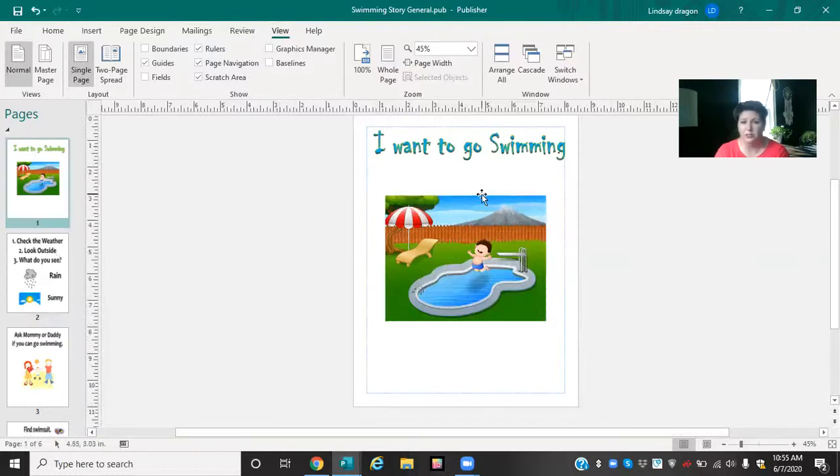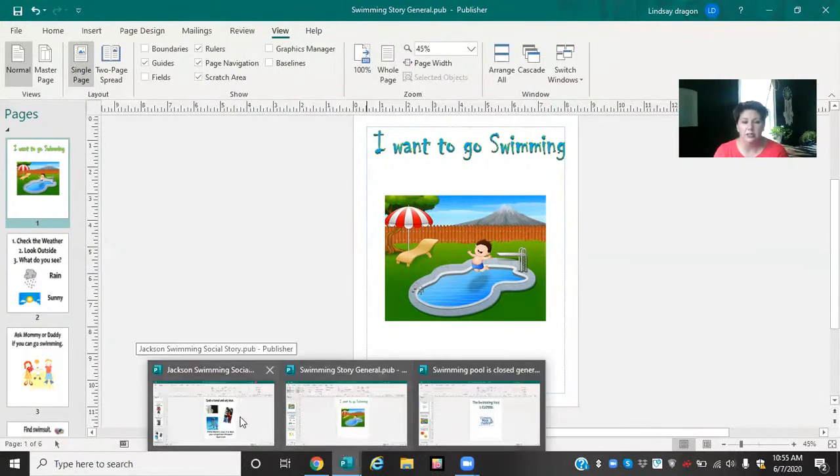Okay. So we did a social story on I want to go swimming, but that's just one of several issues that we could tackle with swimming in particular. So with I want to go swimming, there's the opposite. The pool is closed. You can't go swimming today. So whether it's your own pool, say you needed to treat it with chemicals or it has to get a liner replaced, or it's the local community pool, which I don't know if we're going to be able to use any of those this summer, but it is definitely